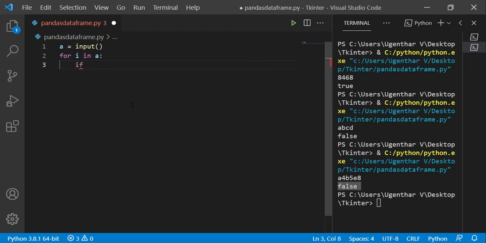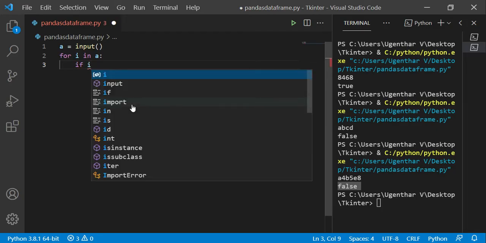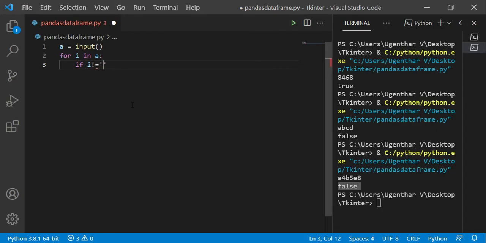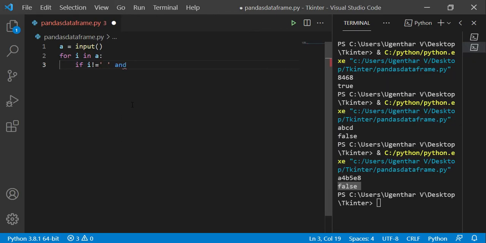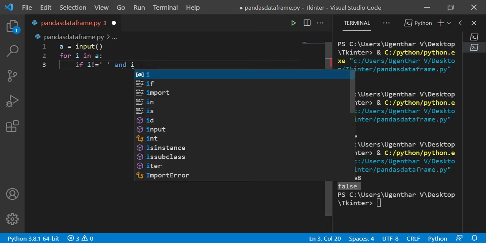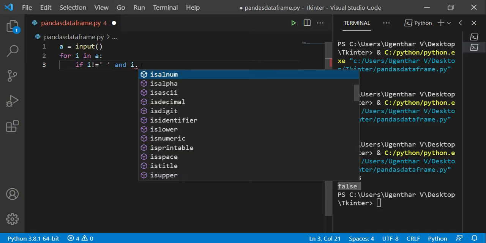If i not equal to space, that means we should not consider the spaces in the sentence, so we included i is not equal to space and i dot isupper.